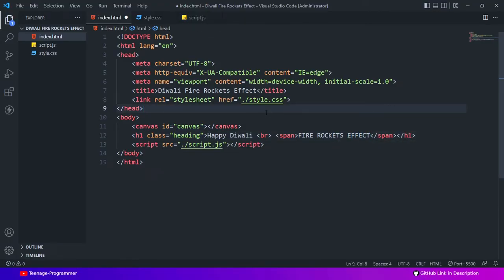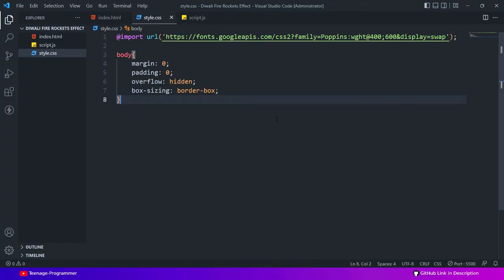Copy the CSS code from the GitHub link in the description to quick start the project.